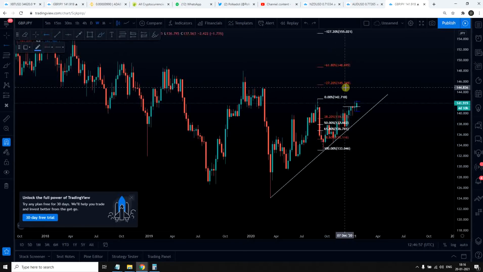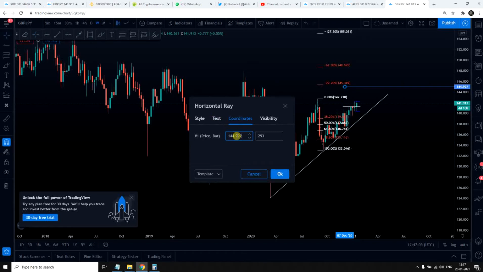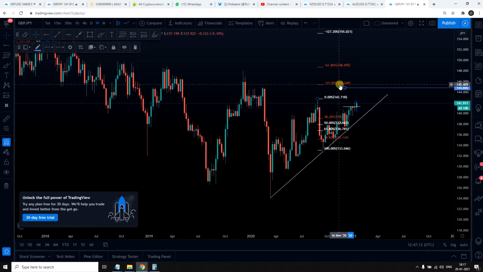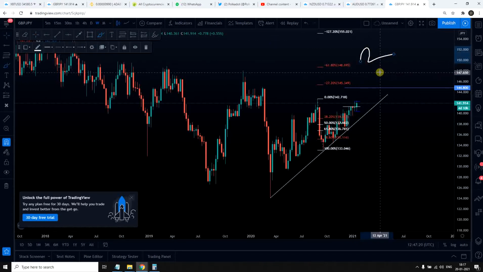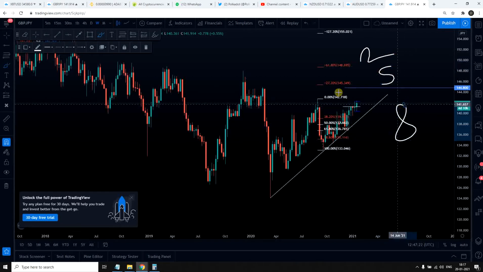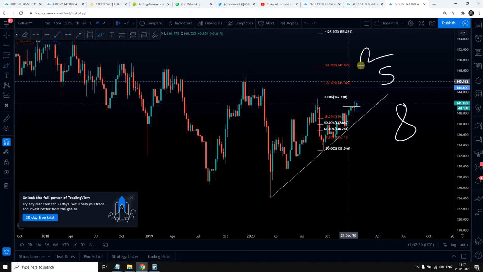So simple. Just take the horizontal ray, place it below this level minus 27, and make it a round figure. I am going to take 144.800, because this number was 145.349. So what numbers do we look for? We look for 2, 5 or 8. If you check, this number is 0.349, so below that we have this number, that is